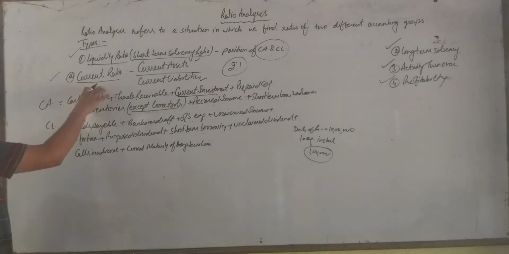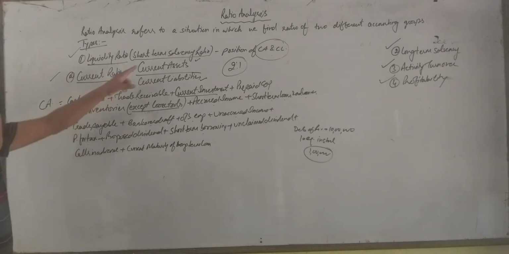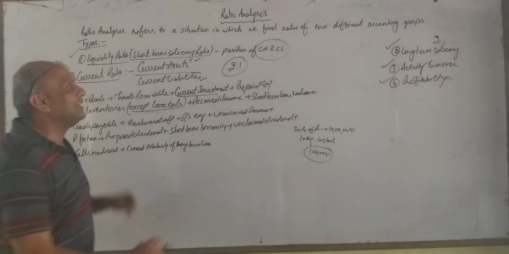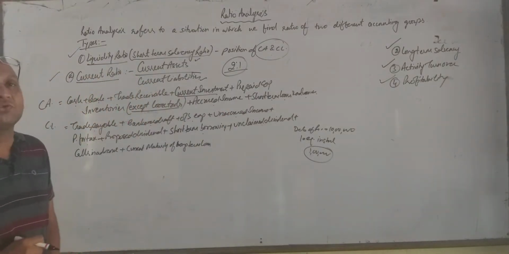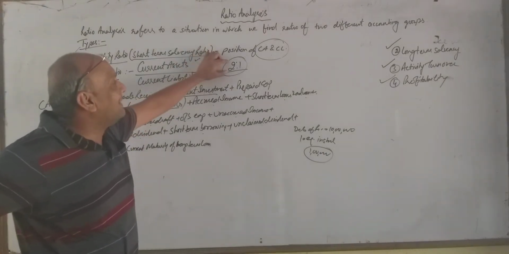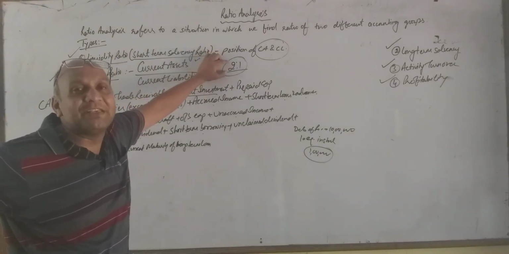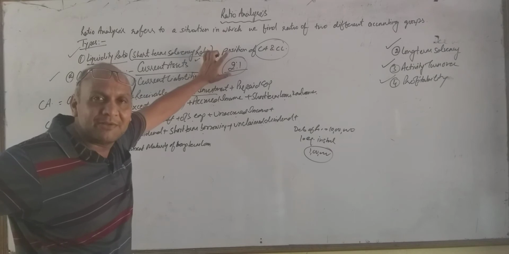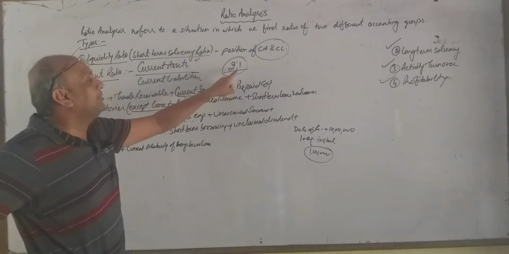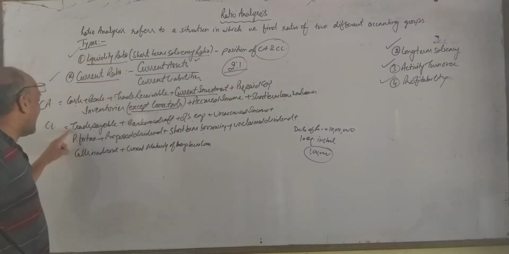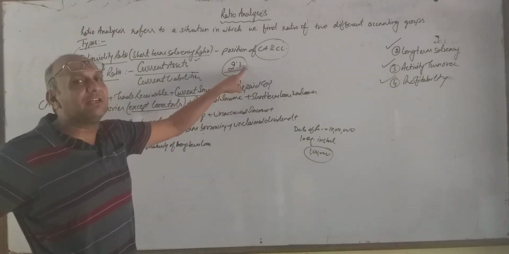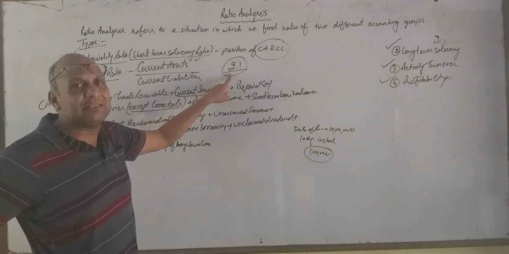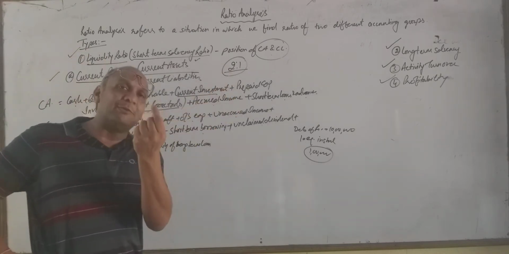So this is the formula for current assets upon current liability. Its ideal ratio is 2:1. What does it mean? It means we must have at least 2 rupees of current assets for 1 rupee of current liability, so that if for some reason we have to pay all our current liabilities, then after making payment of all current liabilities from current assets, how much money will be remaining with us?